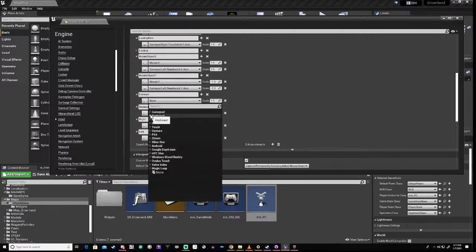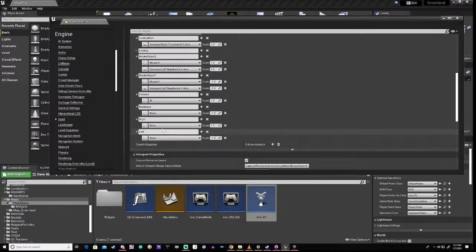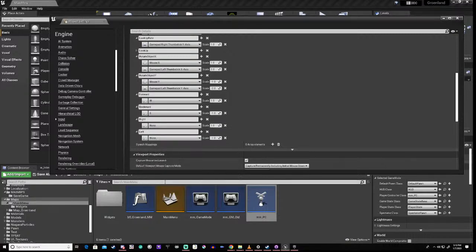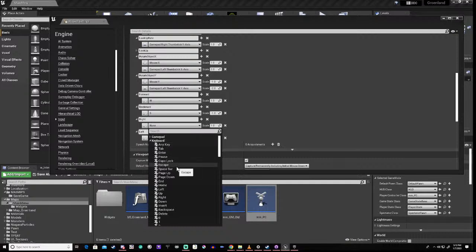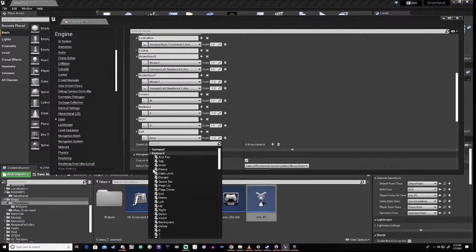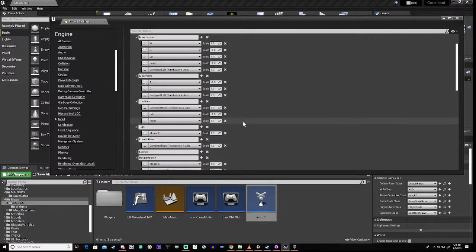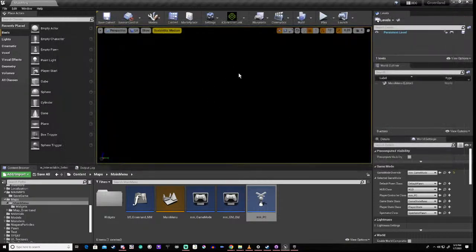So now what we can do is we can say forward is W, backward is S, right is D, left is A. Okay, and then what we can do is we can start removing these. Okay, but that saves itself,